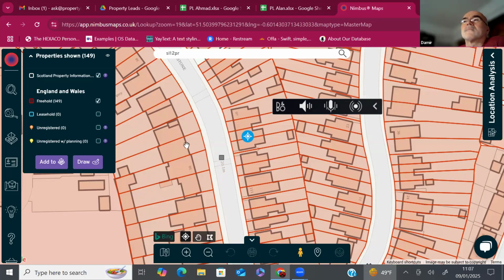The price of this one would be about 700, 750, while this house is worth about £1 million. While this extension would only cost you about 50 grand. 50 grand. Raise your hand if you know what I mean. Can you see a profit of about 200 grand there? Yeah, it's common sense, basic stuff.